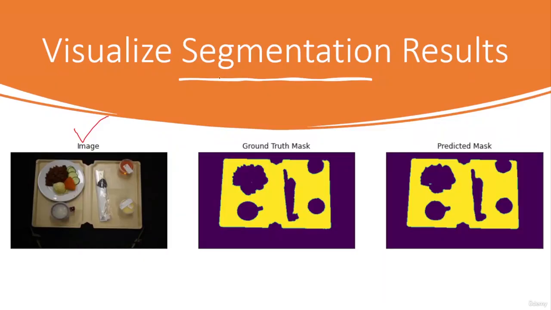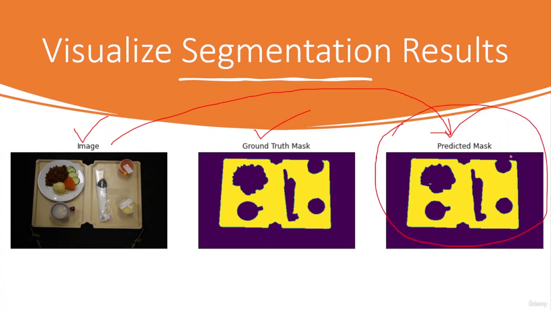So here you can see the original image and its corresponding label, or its corresponding ground truth, and then you can see the predicted mask, or the output segmentation map, of the UNet++ trained model. When we give the input image to the trained UNet++ model, it has produced this segmentation map of the original image. As you can see from the predicted output segmentation map, you cannot recognize the different food items. For example, if you consider the plate items, you cannot visually recognize the different food items in the predicted output mask. So to cope with this problem, we are going to convert this image to an RGB image